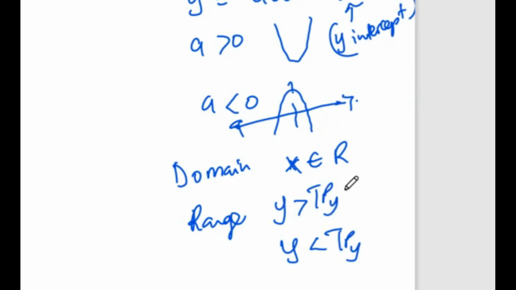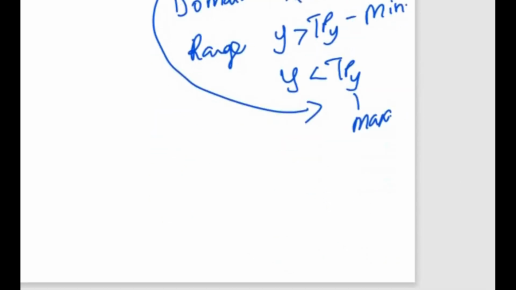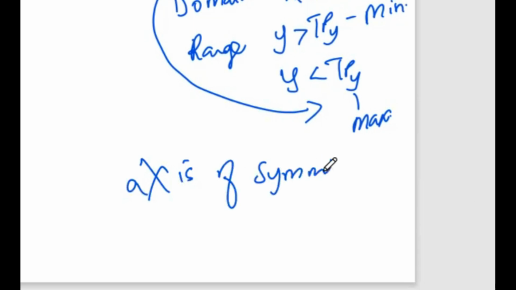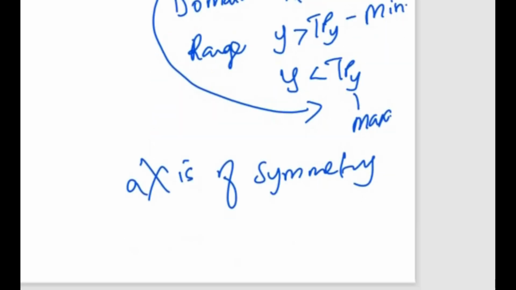Then when it comes to the range, y will be either greater than the TP of y, or y should be less than the TP of y. It can be greater if we have a minimum. In other words, it's a smiling parabola. Then that's how the range should be written. It can be less than if we're talking about the maximum. Okay, if y is having the maximum value. So we need to get the y value of the turning point, and then get that. Then the axis of symmetry. Axis of symmetry, that is a line that completely breaks down the parabola into 2 equal parts. Okay, it divides, it separates. How do we get that axis of symmetry grade 10?